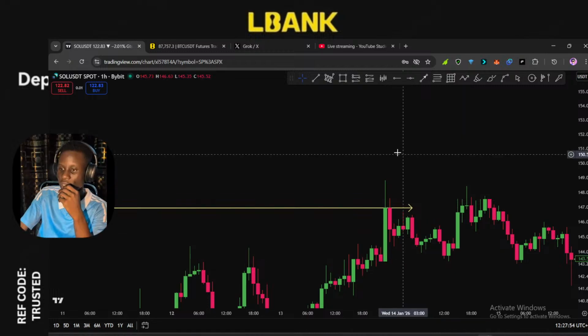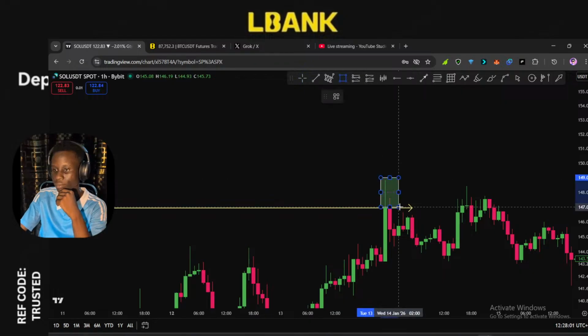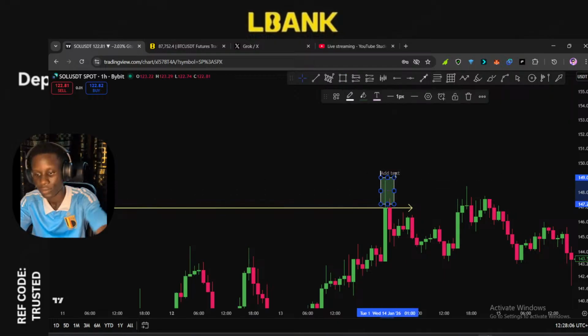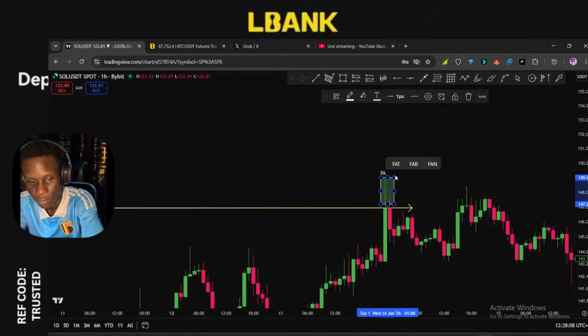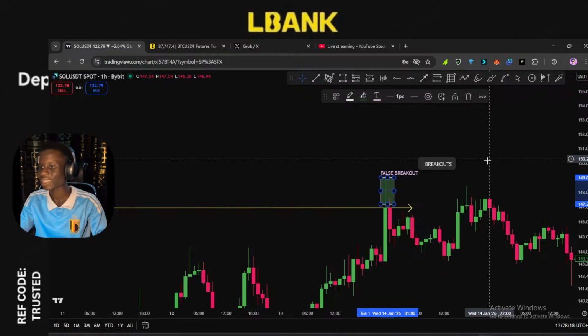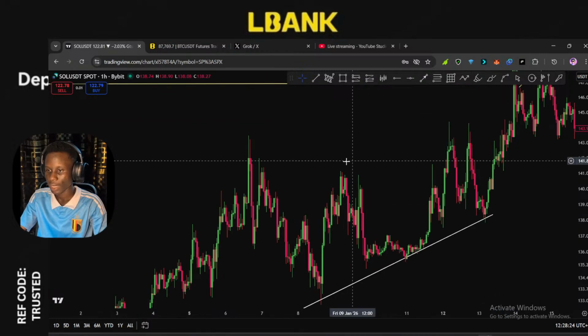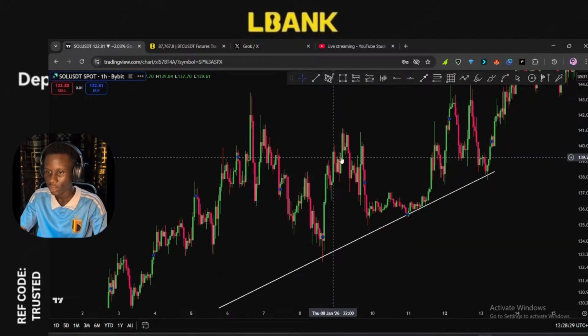So this is something like a false breakout. Let me highlight that. That is a false breakout. Even right here is a false breakout. This is also